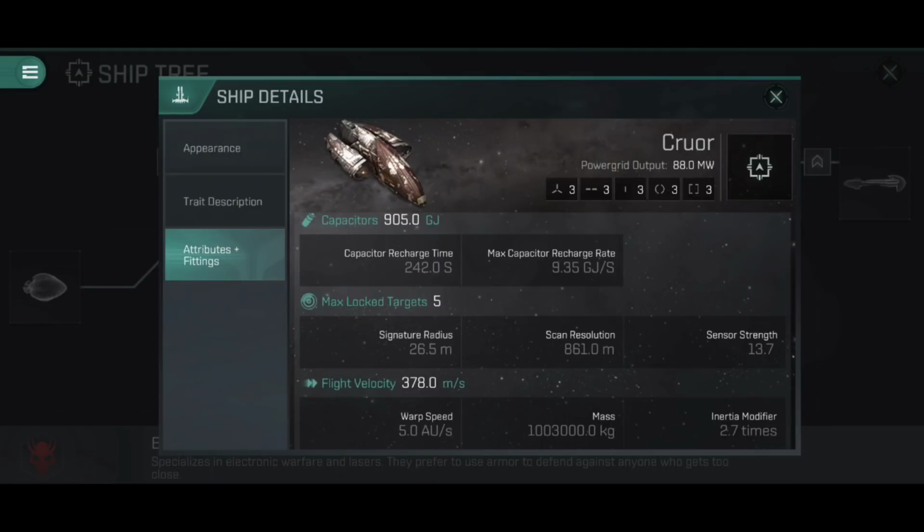That signature radius as well, as I said, it's not the biggest, but it's definitely not the smallest either. You do take a few incidental hits along the way, especially since we're probably going to be using a micro warp drive to account for the fact that the flight velocity on this thing is pretty low. That means obviously that signature radius is going to balloon quite dramatically, and it really does make quite a difference. Obviously the difference between a 20 and a 26 meter signature radius, when you times it by 500%, is absolutely